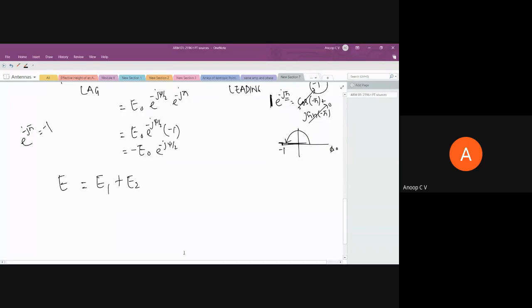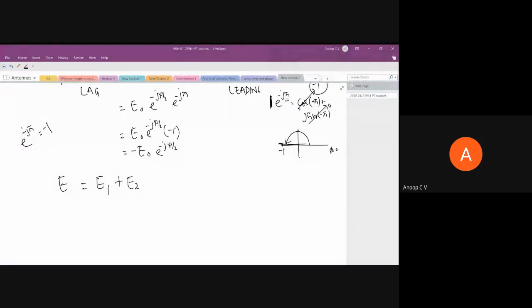Does anyone have any doubt in this? Please feel free to ask, any doubt in how I have written this E1 and E2. Okay, thank you. Others, if any doubt, please feel free to ask. Please don't try to settle with whatever doubt you have. These are very basic things. You have to be comfortable with the concept of complex numbers. So only one feedback I got, so I assume it's clear. If you have any doubt later, please feel free to ask.